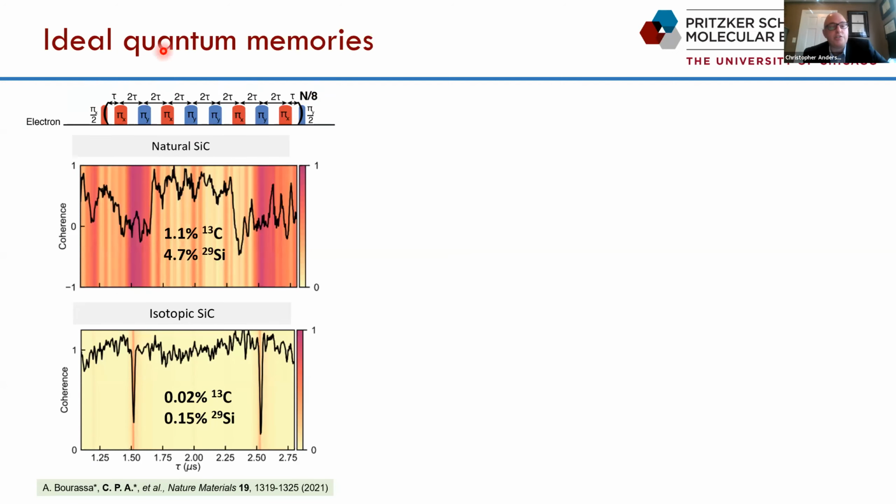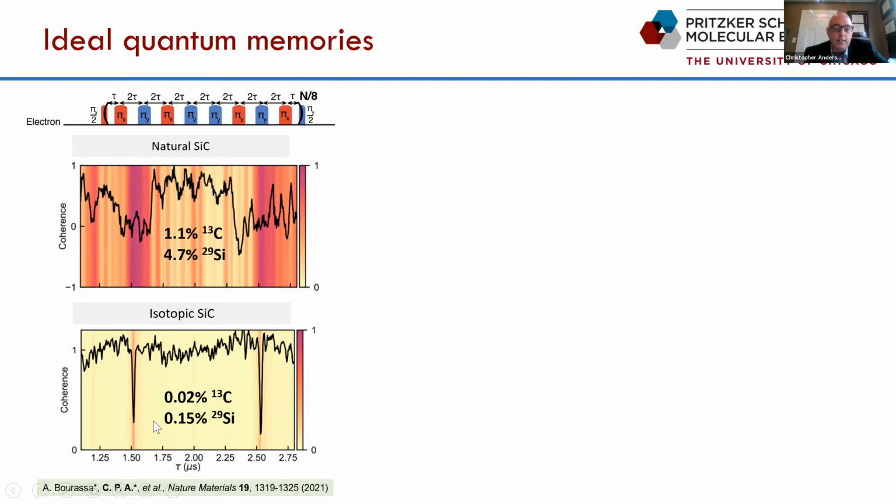So we can do this experiment. We can change this tau in both natural silicon carbide that has lots of nuclear spins in the environment and isotopically purified silicon carbide that we grew and isolated single divacancies inside of. In a sense, each of these spectra, which is changing tau, is a probe of the surrounding nuclear environment of this single electron spin. You can see for the natural silicon carbide, it's sort of a mess. There's a bunch of features, a bunch of peaks, and it's really hard to identify the signature of a single nuclear spin. Meanwhile, in the isotopically purified sample, we see these nice isolated dips corresponding to interactions with just